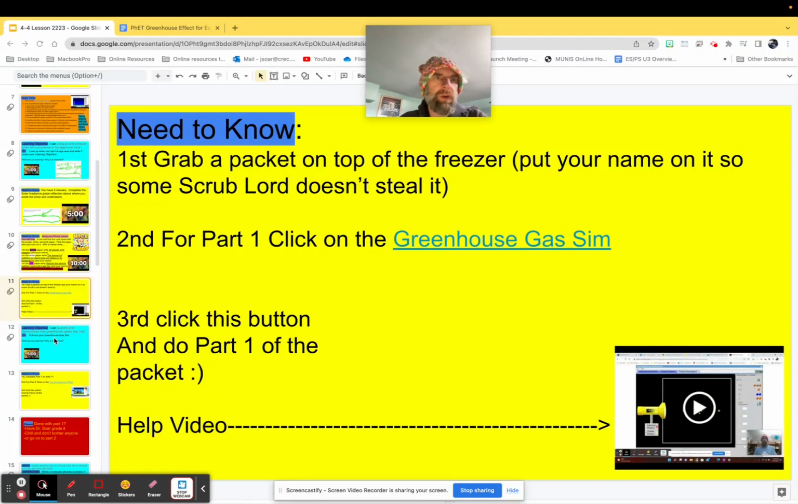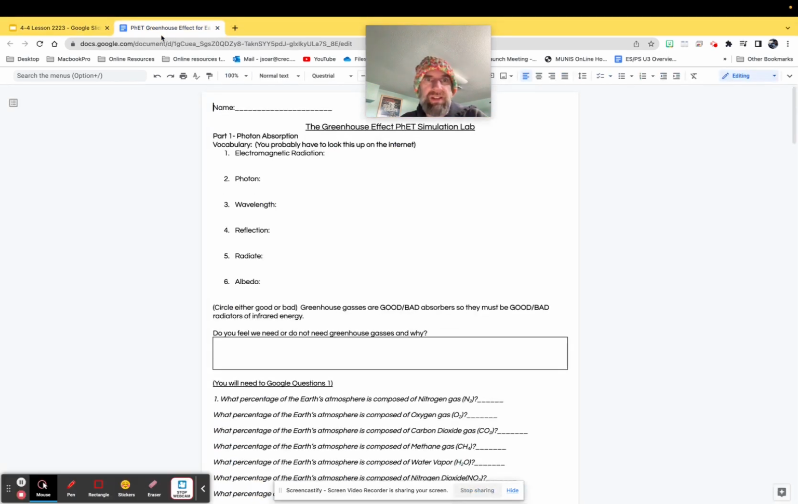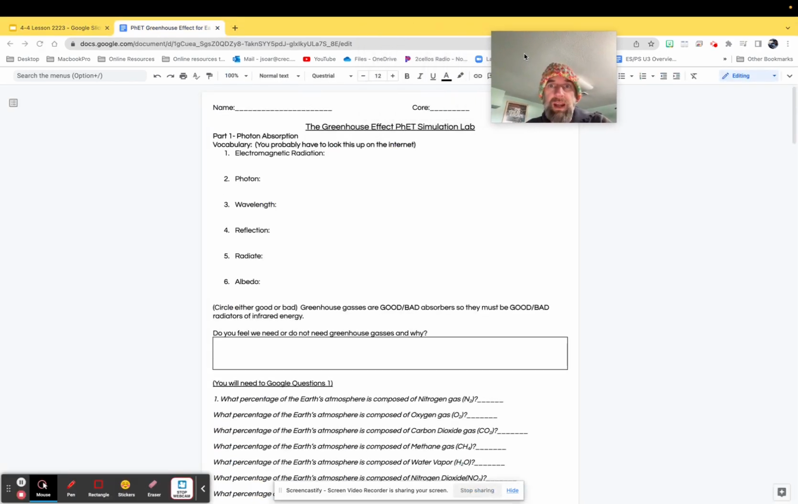All right, peeps. If you're on the slide that looks like this, on here it's slide 11, grab the packet on top of the fridge. The packet on top of the fridge should look like this. Now look, you're on your own as far as the name goes. You're on your own for the core. If you can't fill those out,